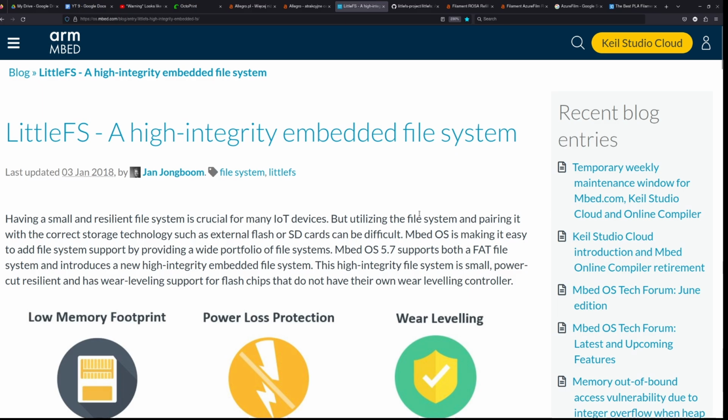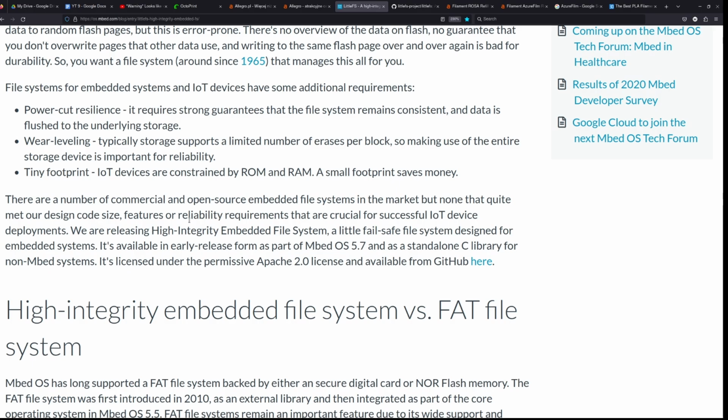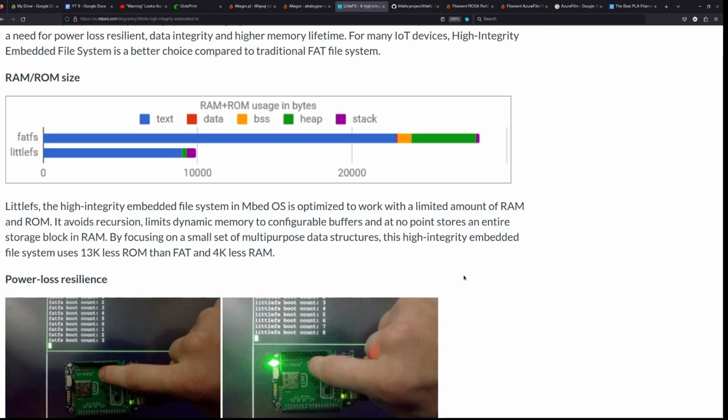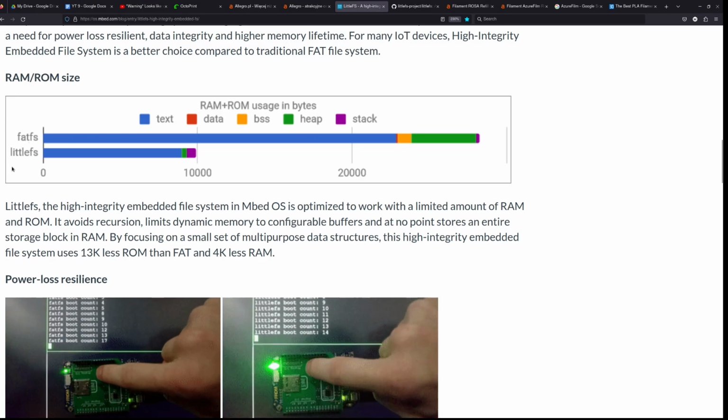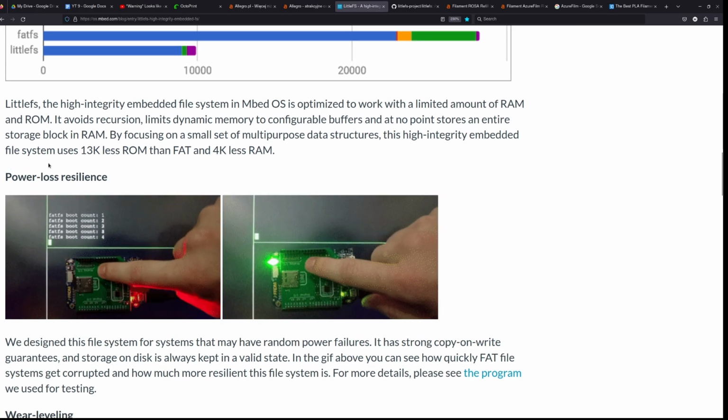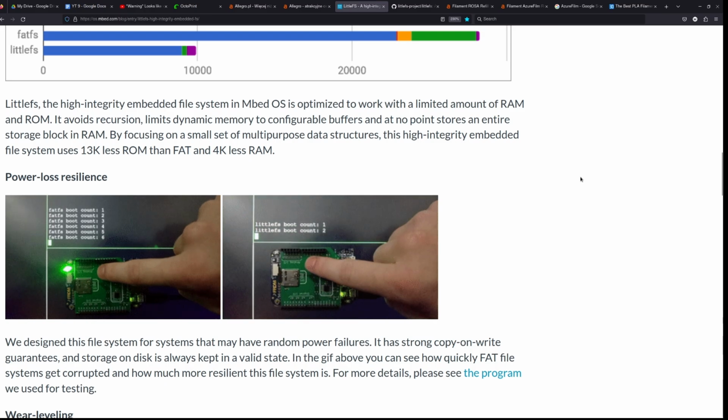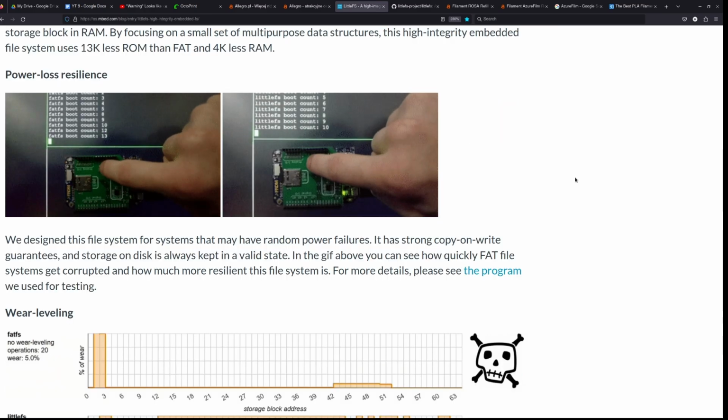There is also a great website that describes the LittleFS file system, and we can see here the requirements for LittleFS in comparison to the FATFS file system. If we scroll down, there is a page that describes how much size LittleFS is using, and also a description about major features that LittleFS is supporting.